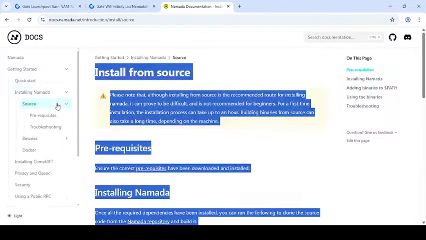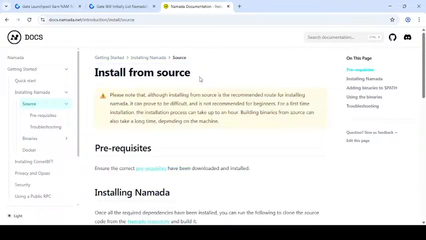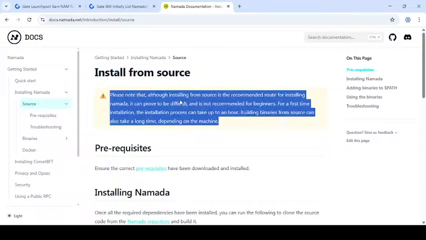Installing from source: please note that installing from source is not the recommended route for installing Namada. You can also pick up and build the binaries from source.